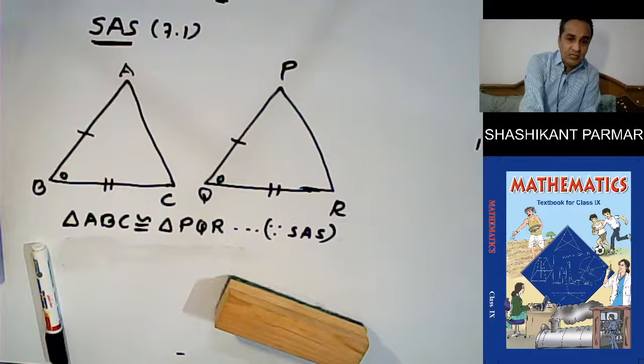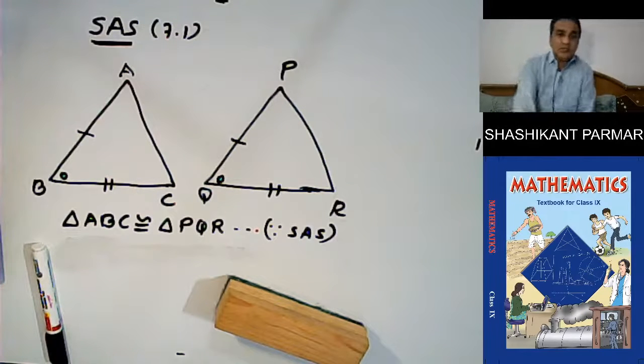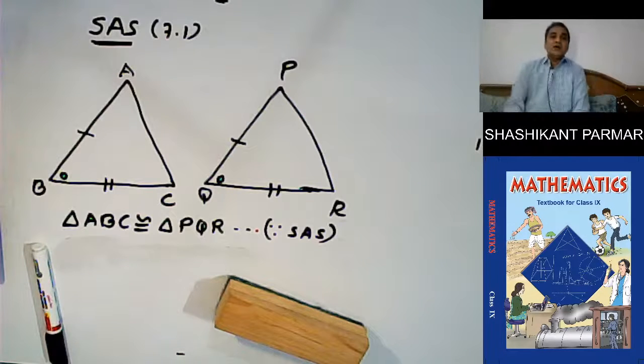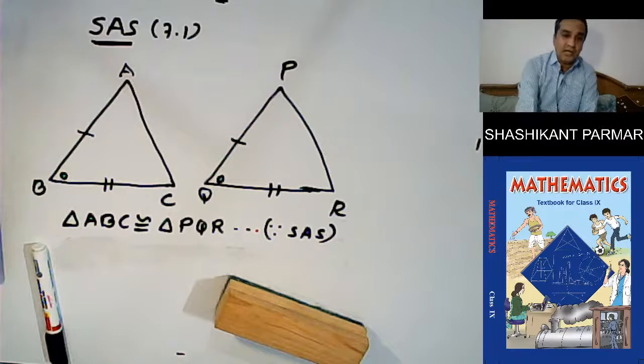Now let us check. Are these two triangles congruent or not? See here, see this carefully. So what happened here? See here. Okay, so you can see that one triangle covers the other completely. So that means these two triangles are congruent triangles. Okay. So the angle side angle rule is applied.